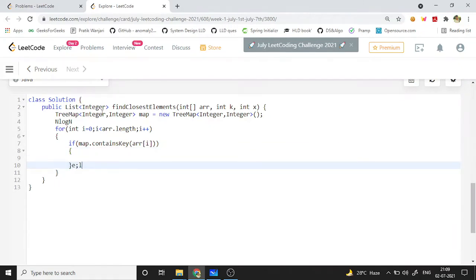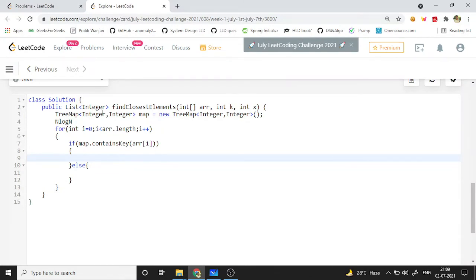So we are checking if the value is already present inside the map or not. So if the map value is present, what we will do is increment the value. अगर वैल्यू नहीं प्रेजेंट होगी तो डायरेक्टली we will put it as 1.